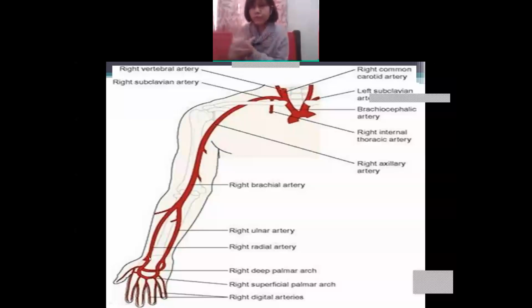Okay, so after the palm of the hand, for other different arteries that you will find, the deep palmar arch, and the right superficial palmar arch. And the last portion of the arteries is called digital arteries. All this last portion of arteries, at the tip of your fingers you'll find, this is known as digital arteries. So these are the names of the upper limb vessel arteries.